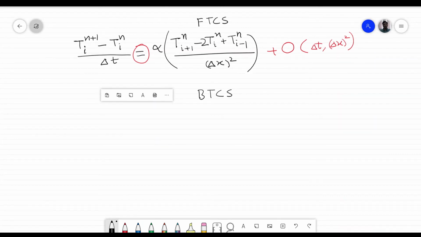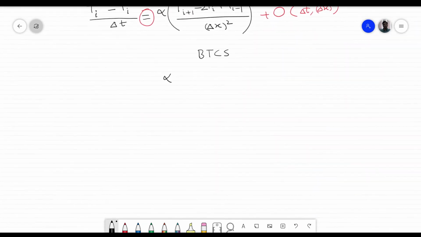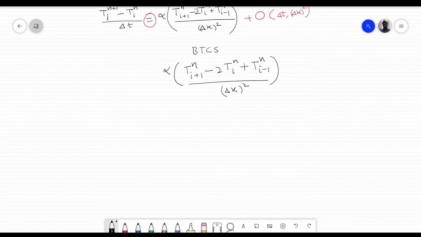So backward in time means we will still write T i plus 1 n minus 2 T i n plus T i minus 1 n by delta x square,